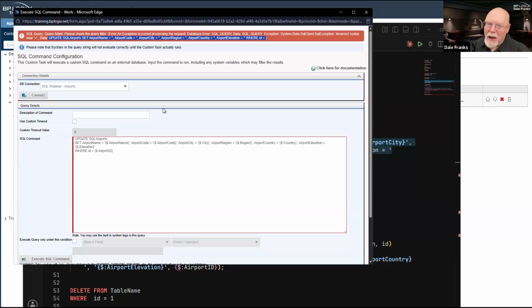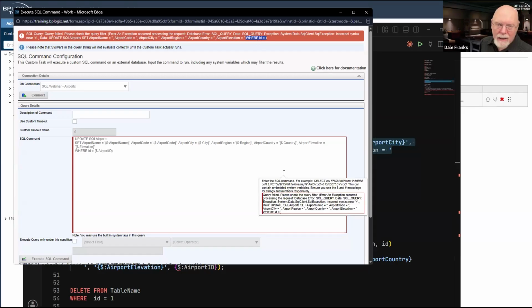Normally, that would empty the field. It would just set it to a blank value, which would be a bad thing. However, if we look here at the end, where ID equals, and the ID equals nothing. Okay, whew, we're safe.